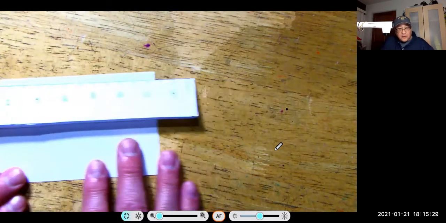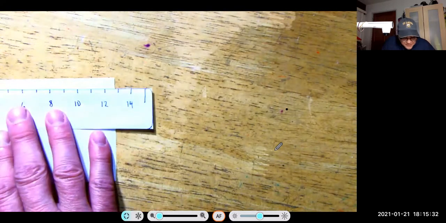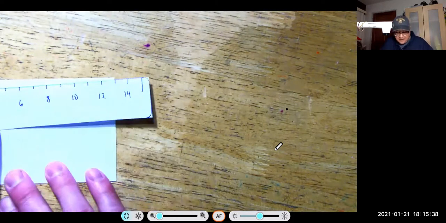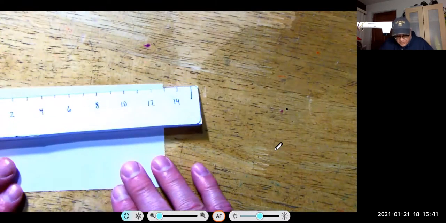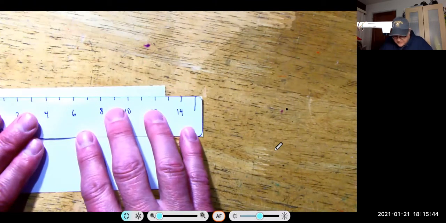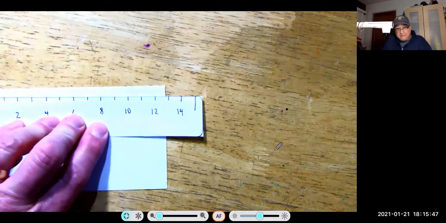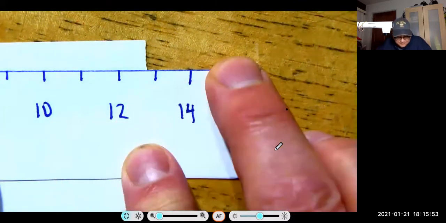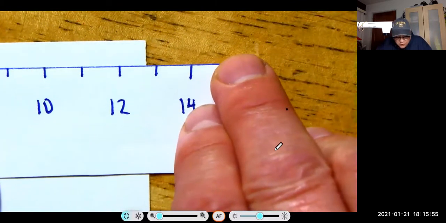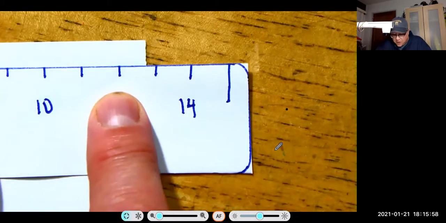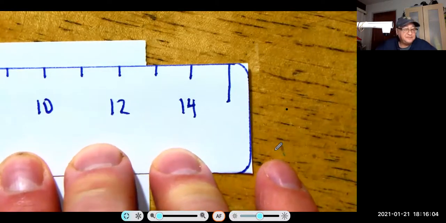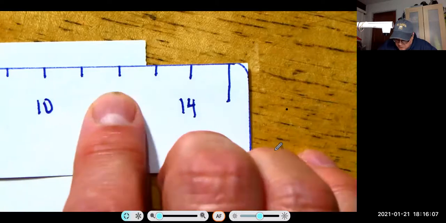Okay, so I'm shoving this over, and you're going to have to trust me that I'm putting the 0 at the edge of the card, and we want to focus on this side here. And I'm going to move this over just a little bit so that we can zoom in. And when we zoom in, I think we can all see that the value is larger than 12, but smaller than 13. So what do we write down? And the answer is really simple. First of all, we find out